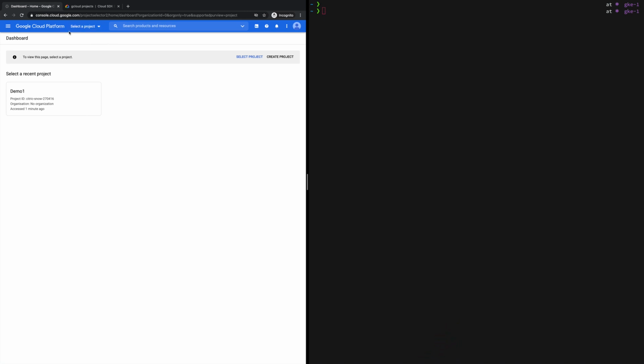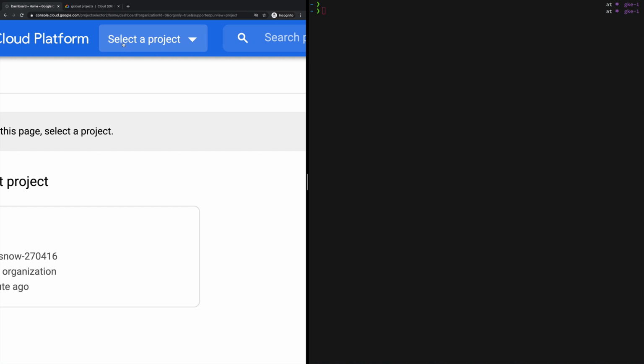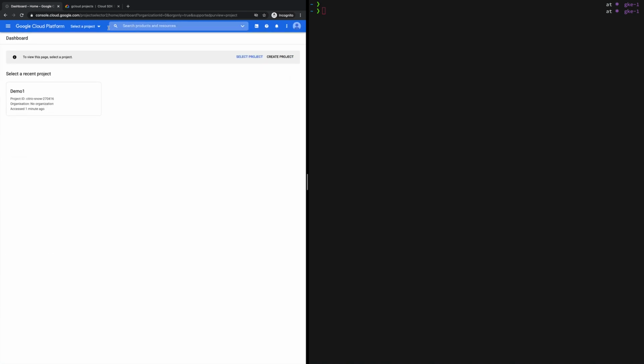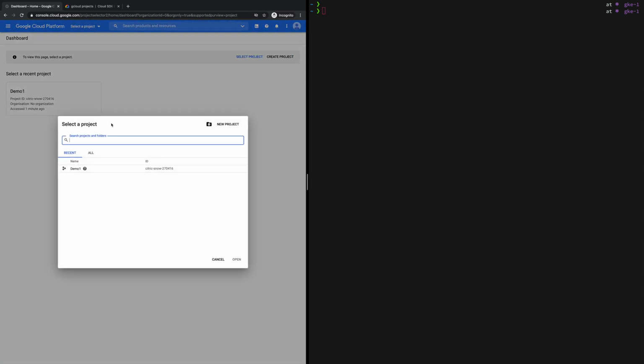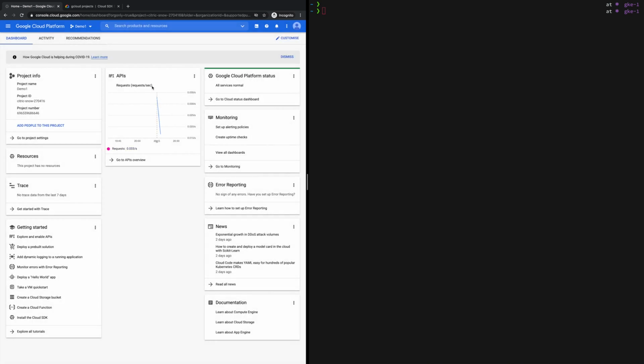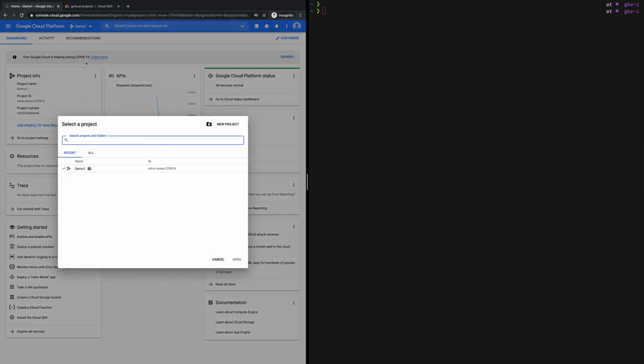So in here you can see there is one option called select a project, right? So you can click on this option. Here you can see all the recent projects which you have used, and you can go ahead and select any of the projects. If you want to create a new project, just click on here, and here is one option called new project. Just click on that,